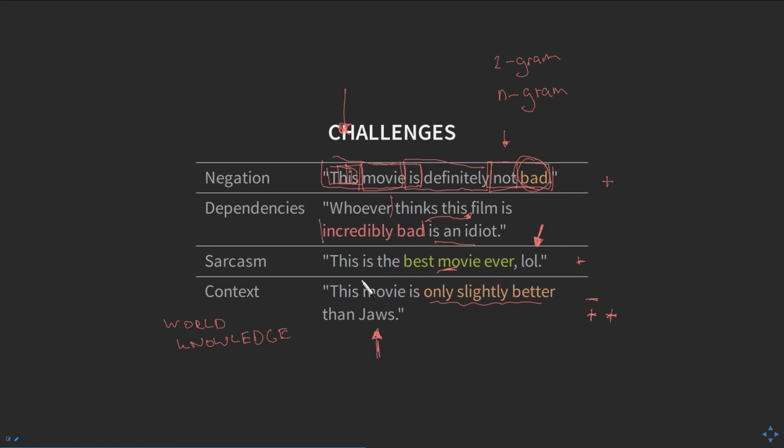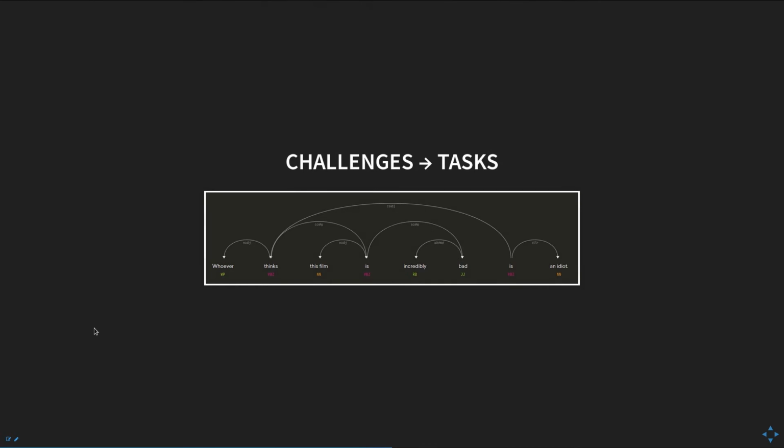So we need to know that there is some comparison being conducted here between a movie over here and Jaws, which is also a movie over here. So I think this is a very, very good example of natural language processing that is definitely not solved yet. There's no deep neural network or any other fancy methods that can deal with the complexity of these kind of problems yet. So let's look at some of the solutions that people have come up with for at least some